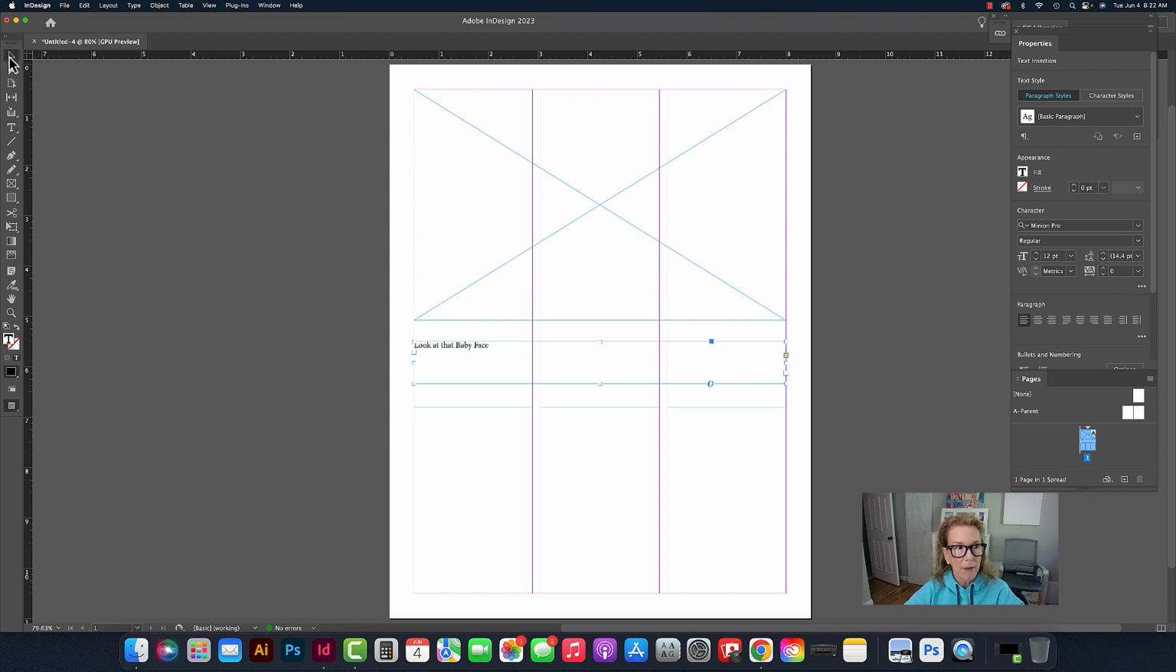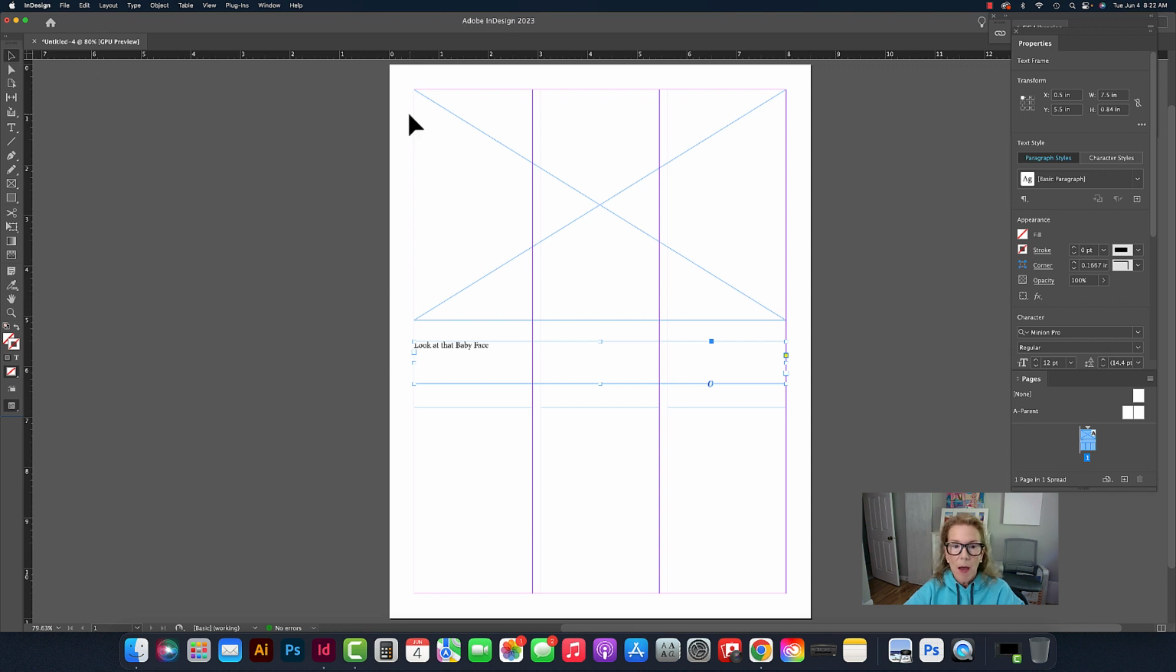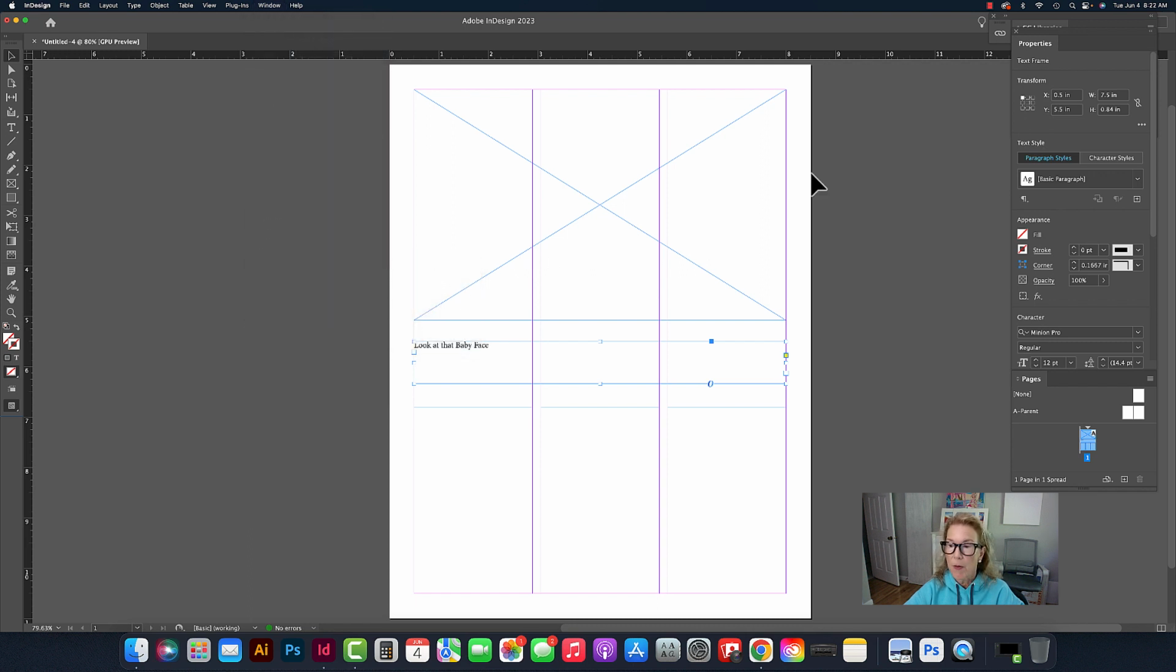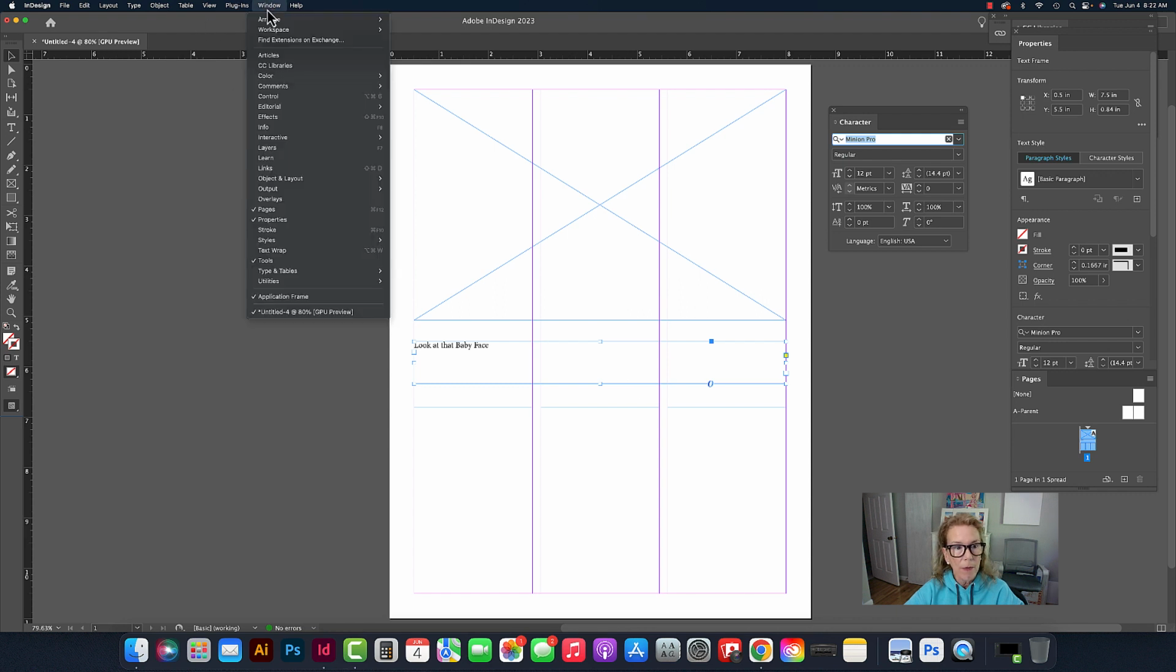All right, I'm going to go back to my selection tool. I'm also going to pop out my type character panel. This is going to let me mess around with the typeface, the font, and also how to position the font. We're going to pop out our